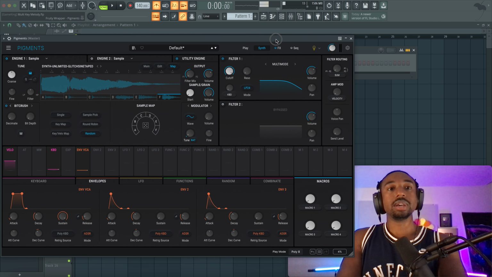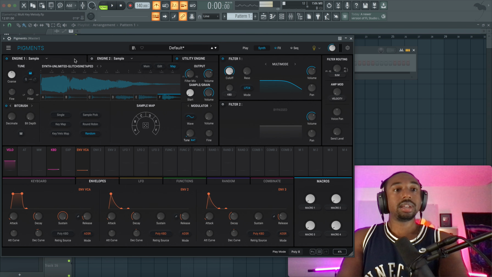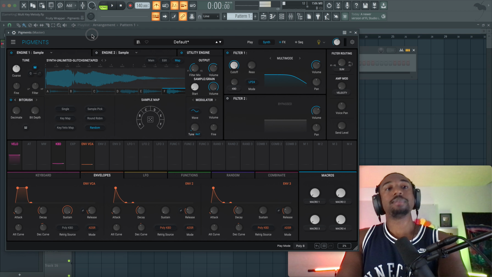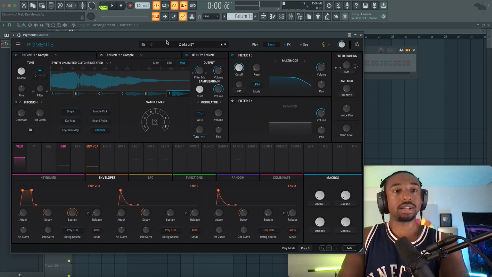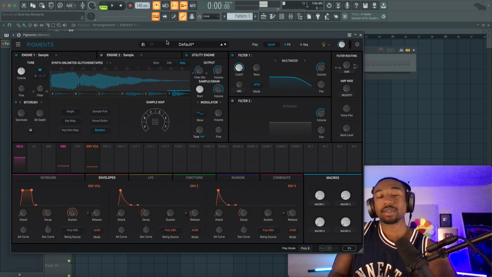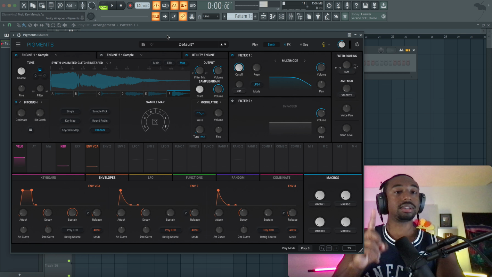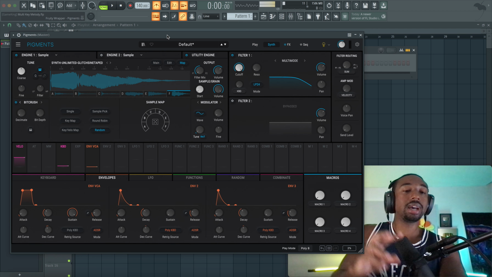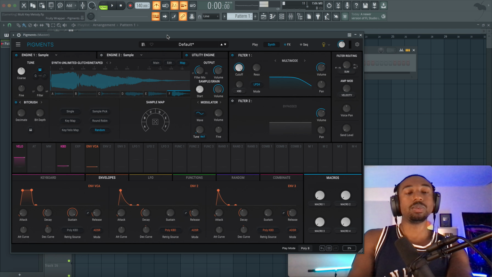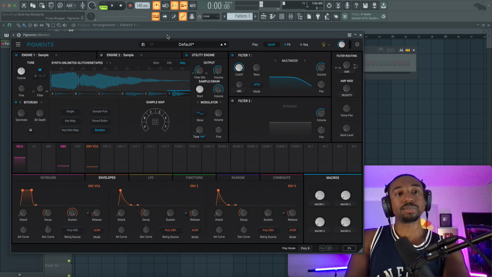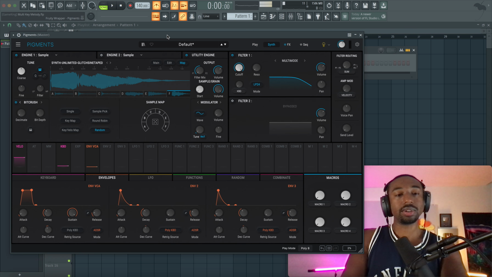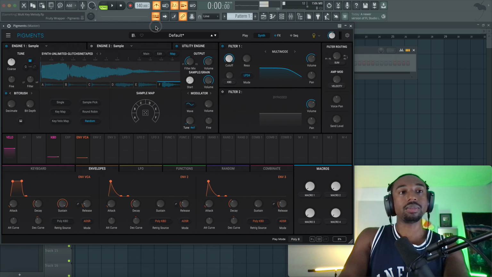All right, so like the general concept of it. So here is Pigments. I slept on this so much. I just feel salty. Okay, so you guys will get all the project files for free if I'm moving too fast. Basically, the first thing you need is a one-shot kit. You guys can find them online. I'm going to give you guys free one-shots. Check your emails. Just go to busyworksbeats.com/FL Studio to sign up to the email list. I'm going to send them out over email.